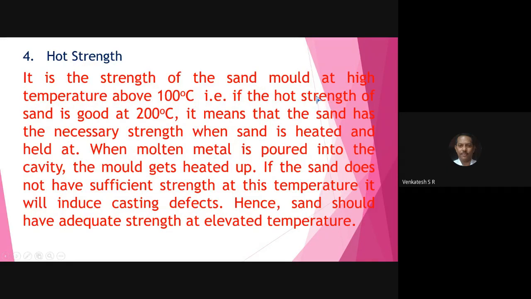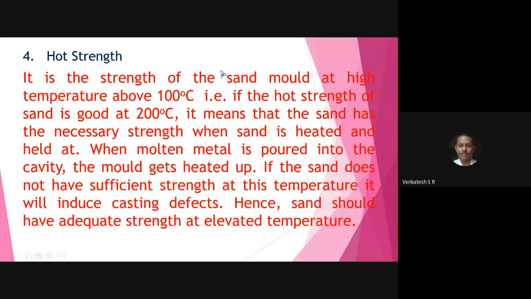Next, come to the point, hot strength. This is also very, very important. Green strength and dry strength are two properties studied before pouring the molten metal. The hot strength is very much essential. Now write down number four, hot strength is essential because when you pour the molten metal, whether it may be